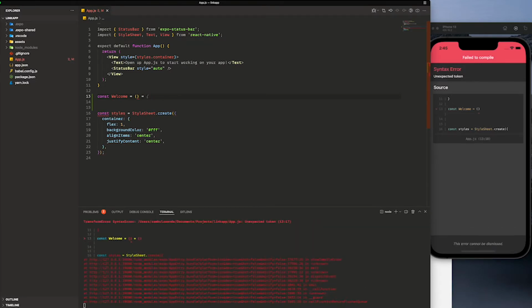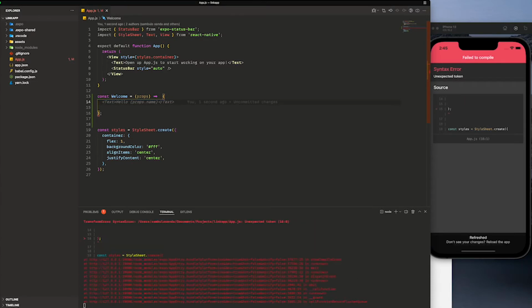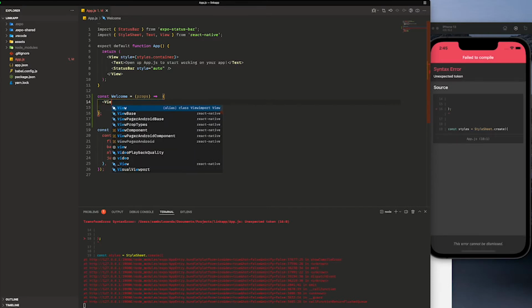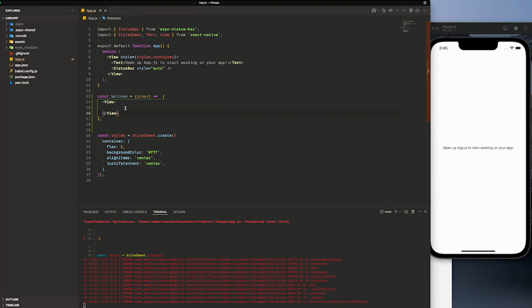It's gonna be an arrow function, and inside this component I'm gonna take in the props, so props here, and I am going to return a View. And inside this View I want to have Text,